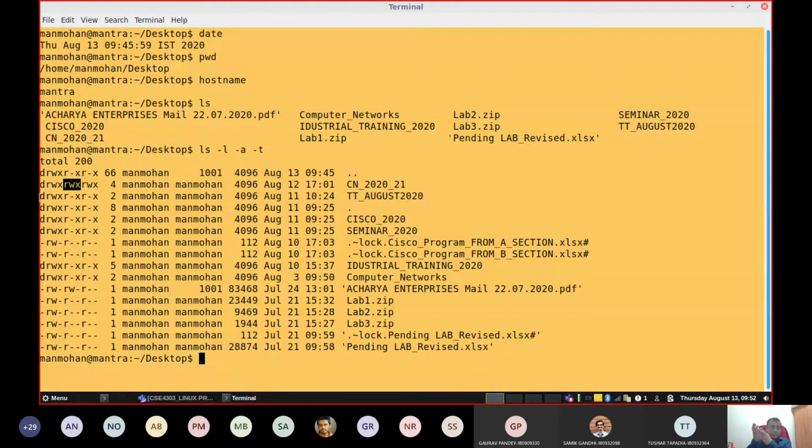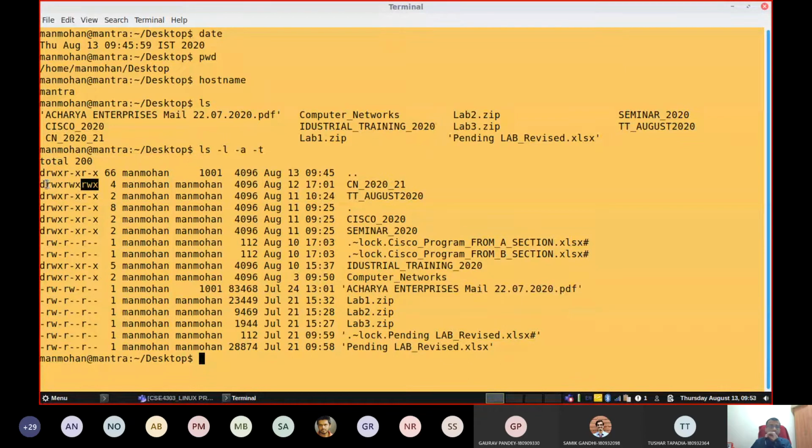Then what about others? Everybody will have a user account, you and me. I will select some of you and say that you are in my group. Then I can give you read, write, execute permission. Then what about the remaining people? In this particular case, I have given permission for others also. That means everybody can get read, write, execute permission in my folder.